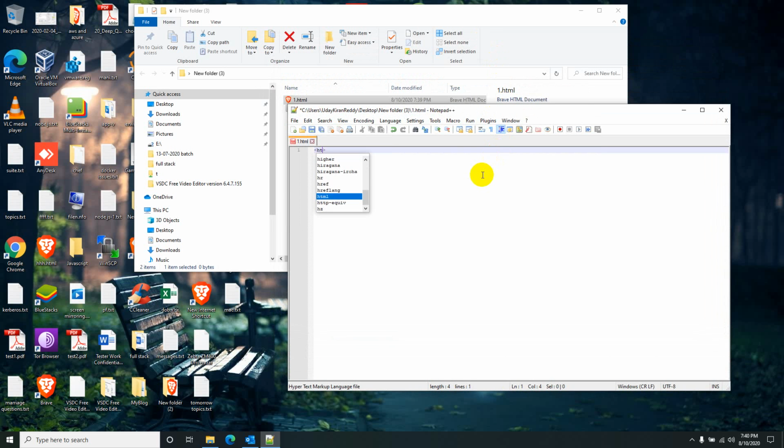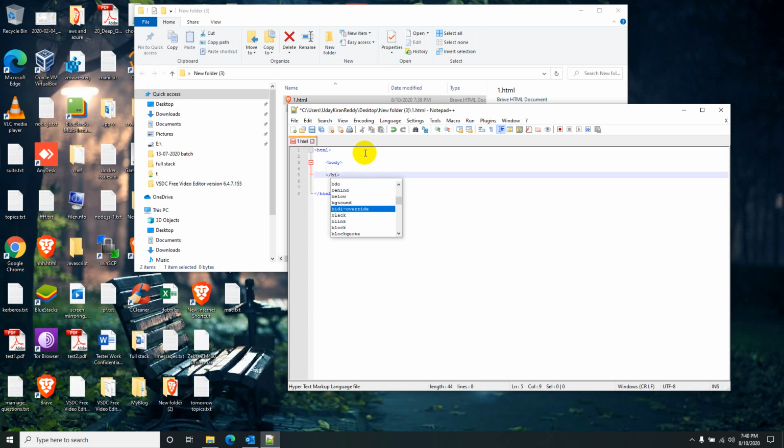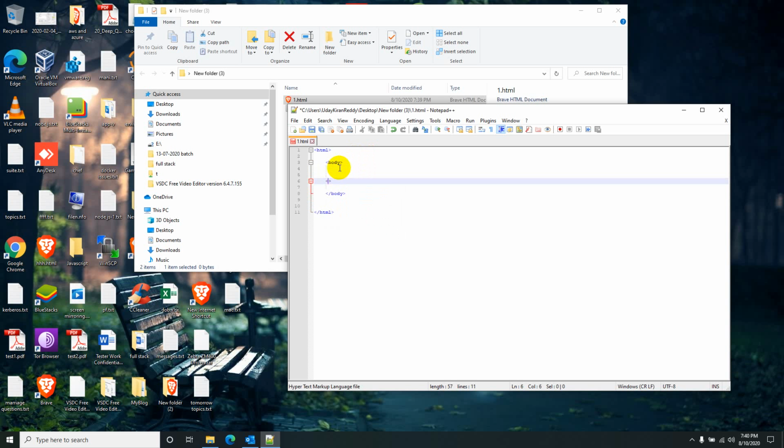Here, let me create an HTML tag first. I started and ended the HTML tags, so this represents an HTML document. In this, let me create a body tag to maintain the data. In this body tag itself, I will create a paragraph.